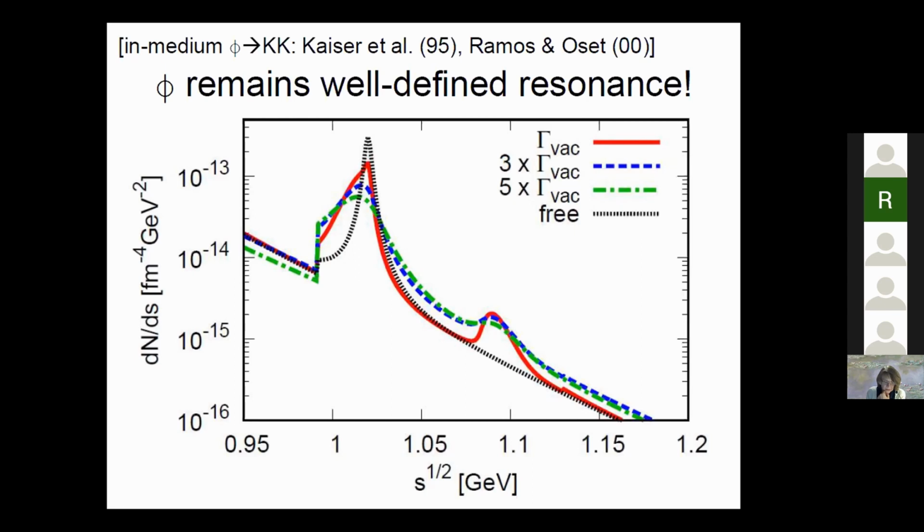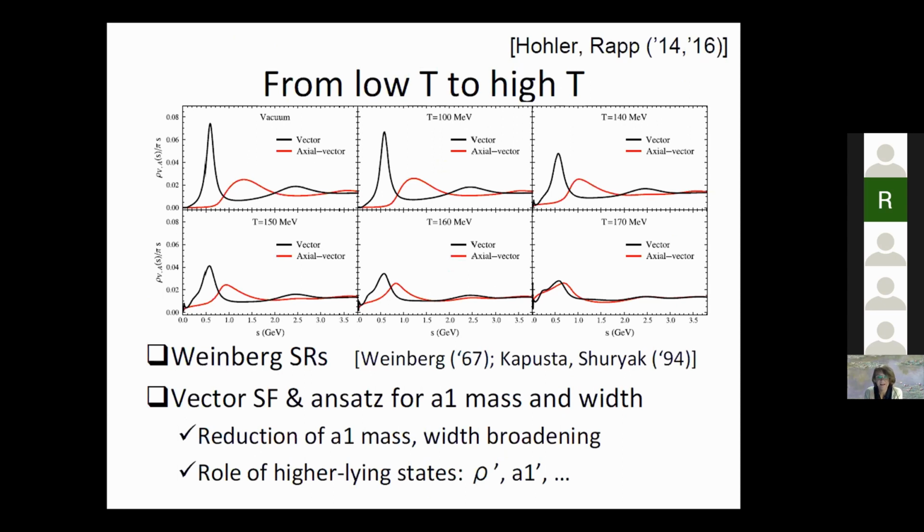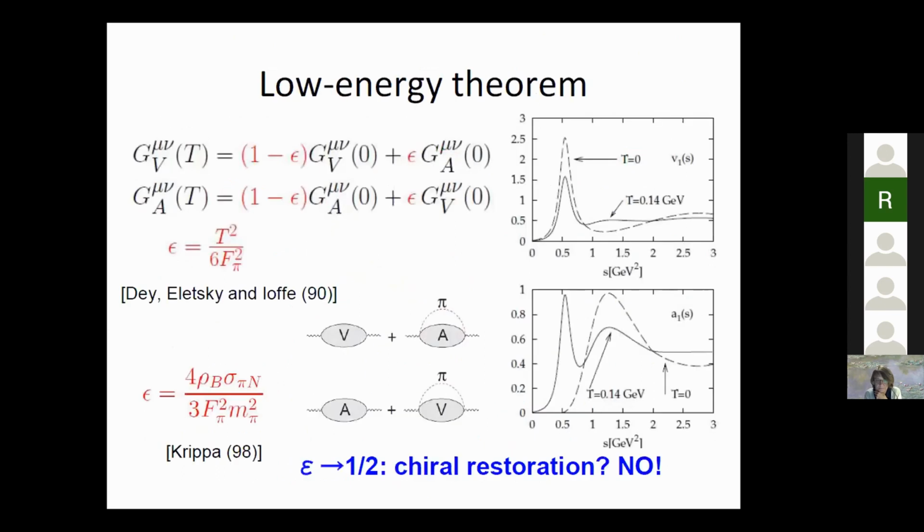Okay, good. Maybe I can ask another question. This issue of the mixing of rho and A1 has been addressed in the paper of Holler and Rapp, in 2016 or so. Can you comment on the main difference between your approach and their approach? Okay, so first of all, they consider a type of chiral mixing which is totally different